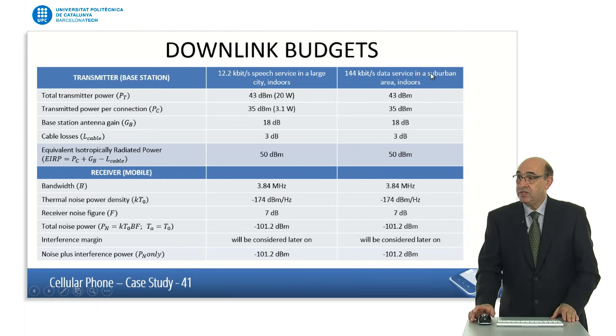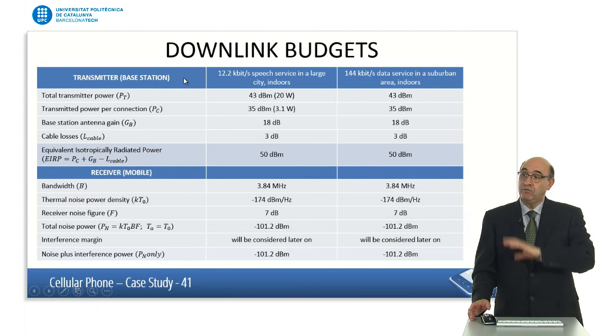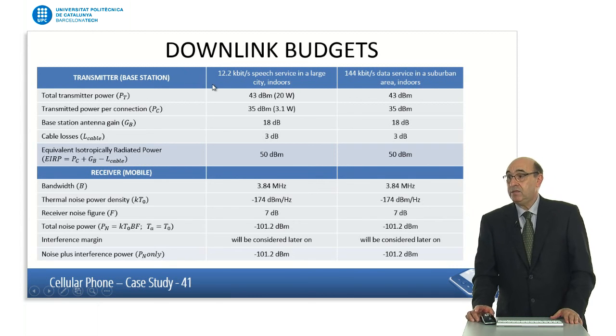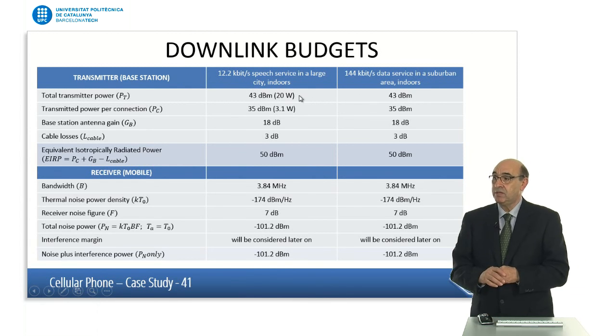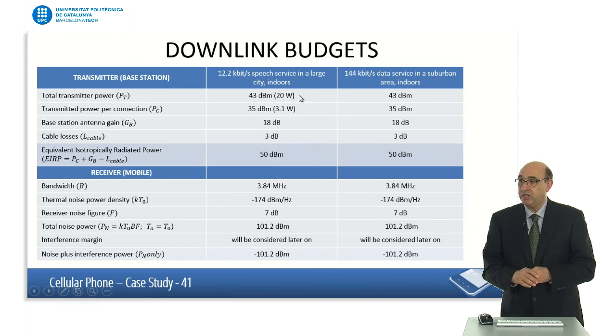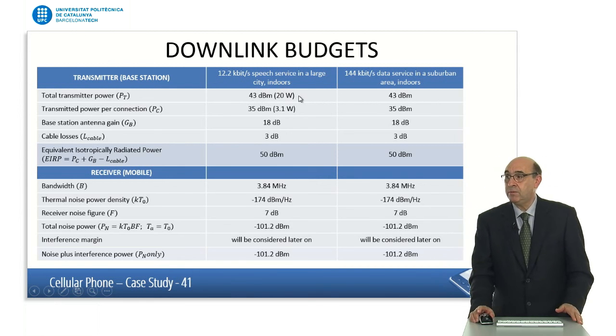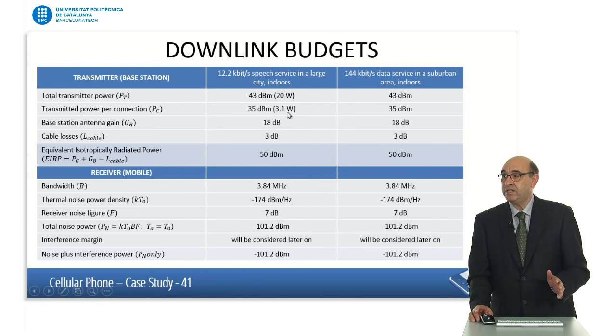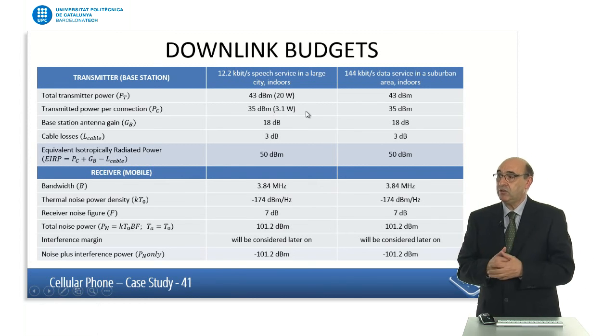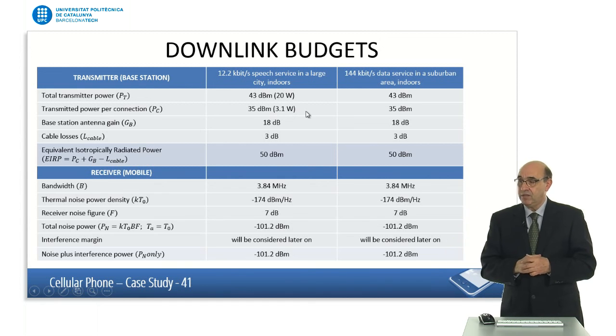Once again, we start with the transmitter. Now it's the base station, before it was the mobile. And here we have the transmitted power. This is the 20 watts power that is available on the base station transmitter, but this has to be shared by many different channels. So let's assume that for that connection, the base station is just using 3 watts of power. That's 35 dBm. It could be different depending on the channel, depending on the situation, on the traffic, but